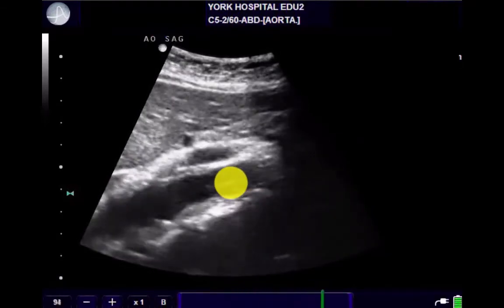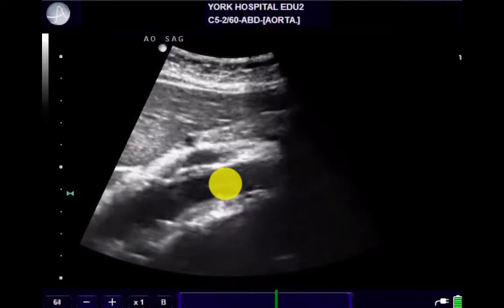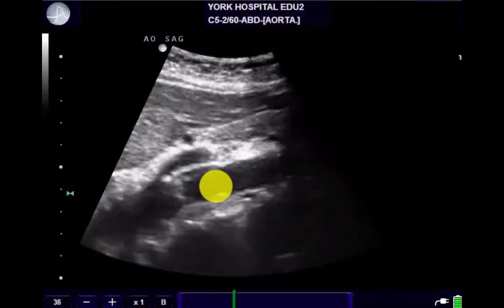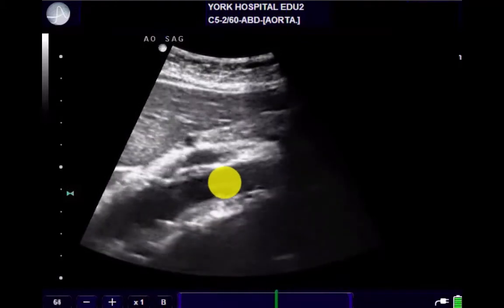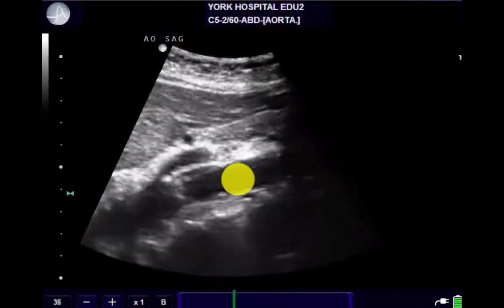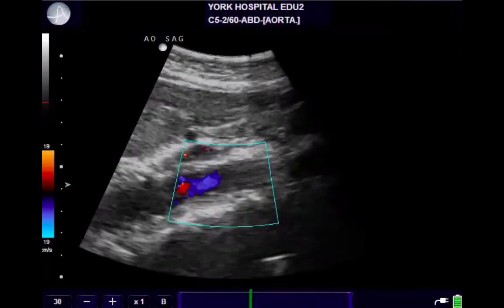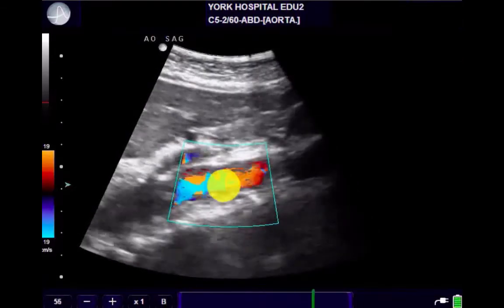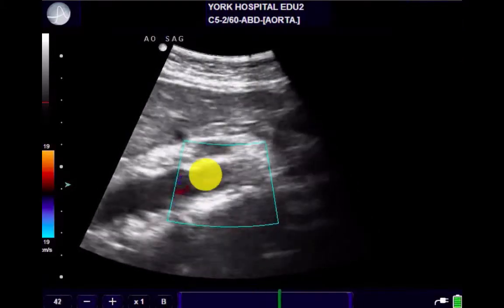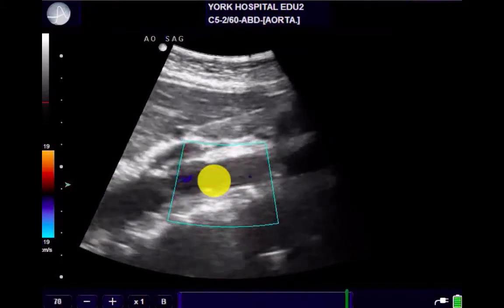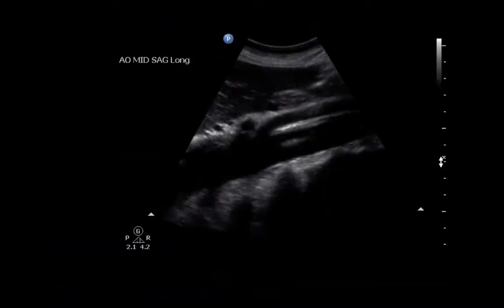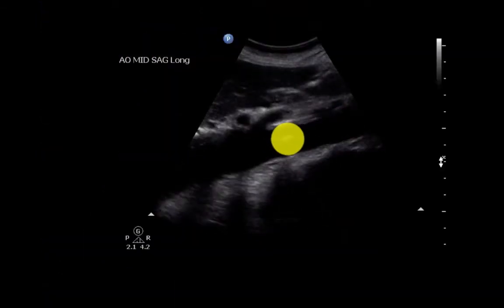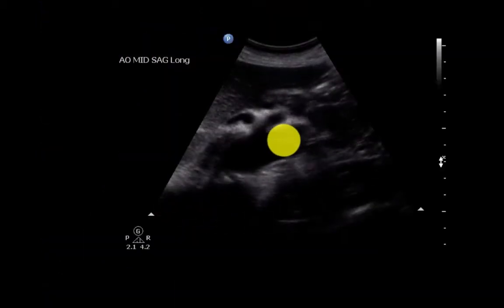to pop up. Now you'll notice compared to the previous views where we saw a true dissection flap, this kind of just pops up out of nowhere. It's not contiguous with the proximal portion of the aorta. We put color on there, and you can see it's kind of strange, or there's flow on both sides, and it just kind of drops off right where that artifact is. There's another machine. You can see it right here, right? Takeoff of the SMA,